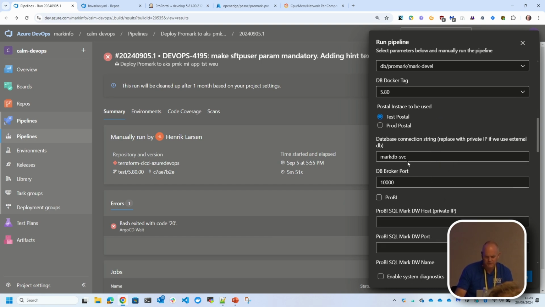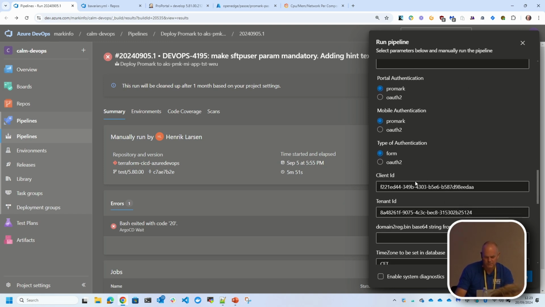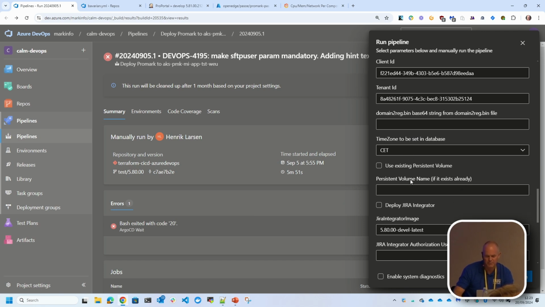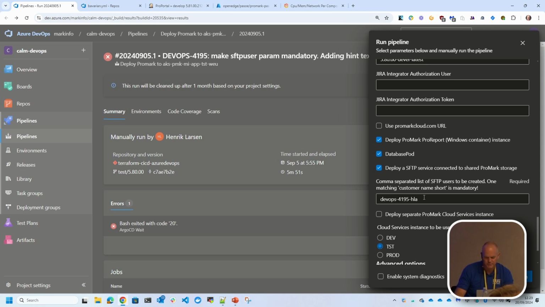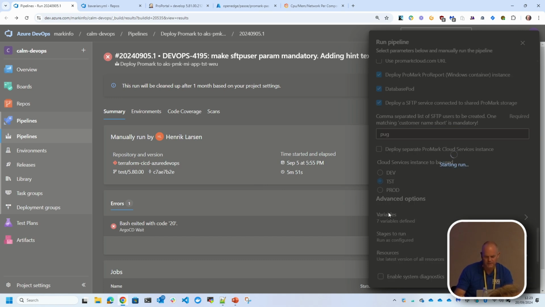What I'm going to do with this one here is, instead of spawning a separate Linux database, I'm just going to run this in a pod itself. So I'm going to go through, and there's one thing I need to change. There's a lot of different things we can set here, for whether we're enabling single sign-on, Azure tenant IDs for app registrations, time zone. I just need to remember here to change the name of the SFTP service that I'm spawning. When I click run here,